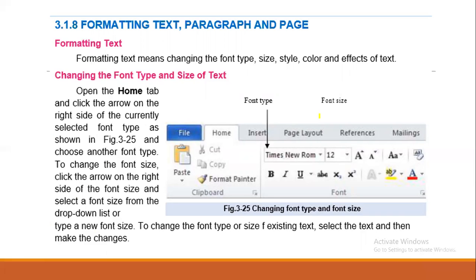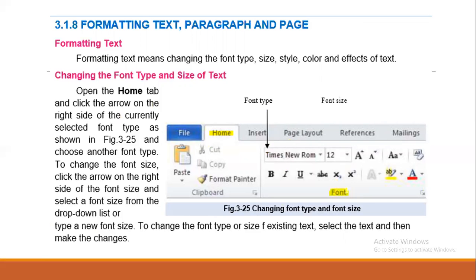There are many options available to design the document and to format the document. Today we will learn how to format the text and paragraph. You can see various options available in Home tab in MS Word. Home tab is the first tab in MS Word window. On Home tab, you can see the complete portion is dedicated for the font options.